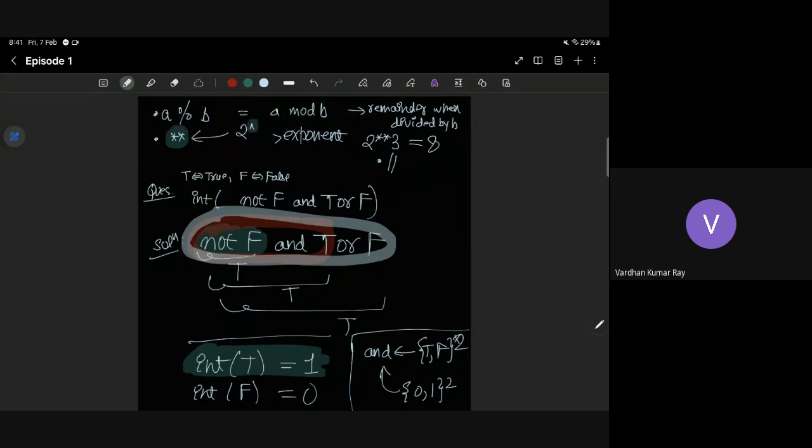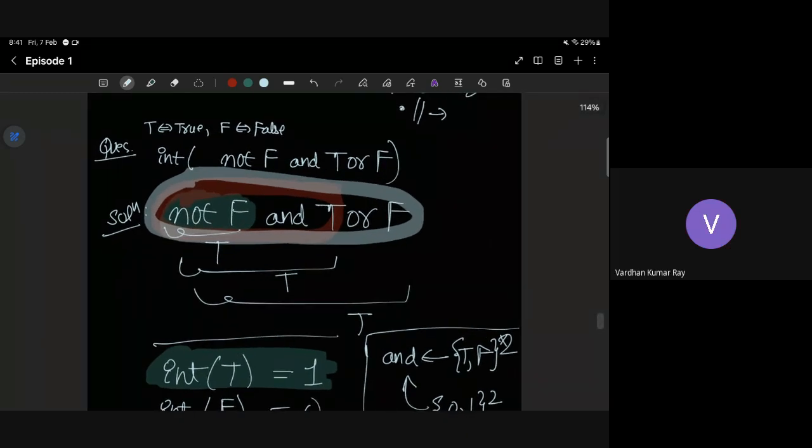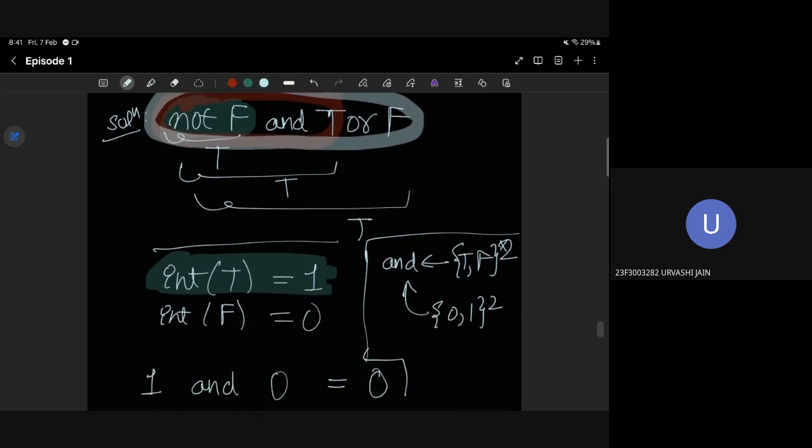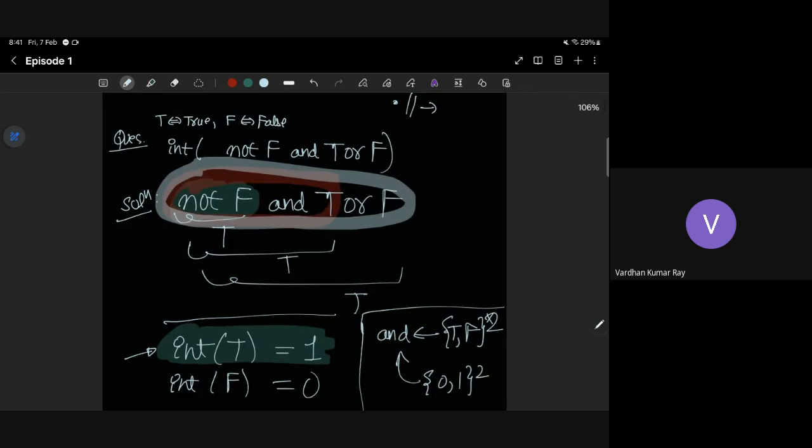Yes, Urvashi. How to convert this into an integer, not True or False? I couldn't understand. The question you have mentioned on the screen, about the solution, you have written convert it into an integer, right? How to convert it into an integer? We can print. Okay, 1 and 0. Okay, that's fine. Thank you. It's good to have doubts in the beginning than at the end when you write something important.